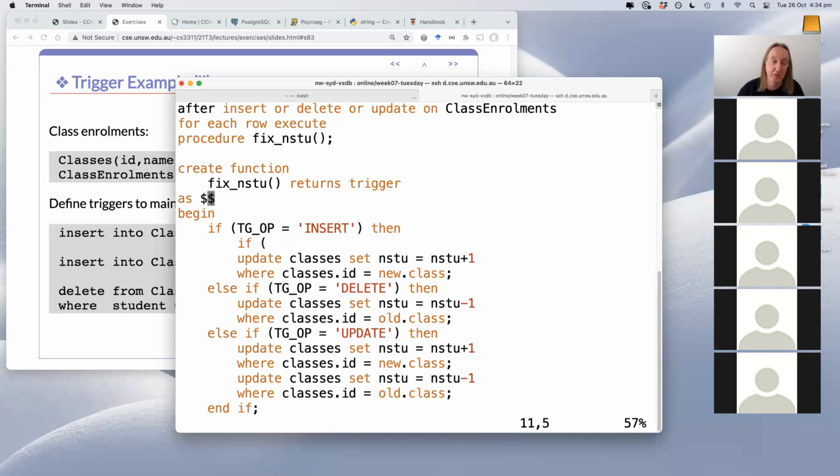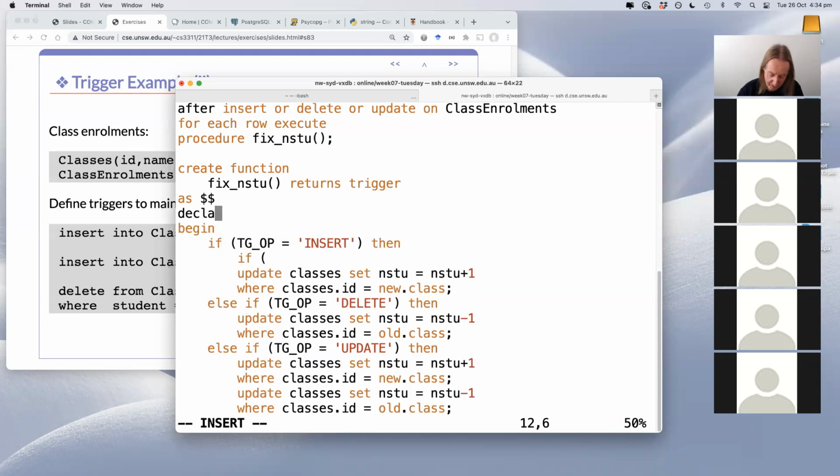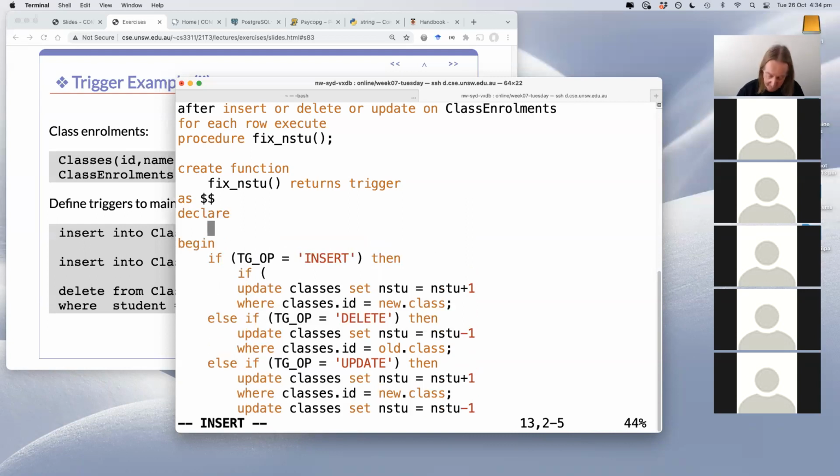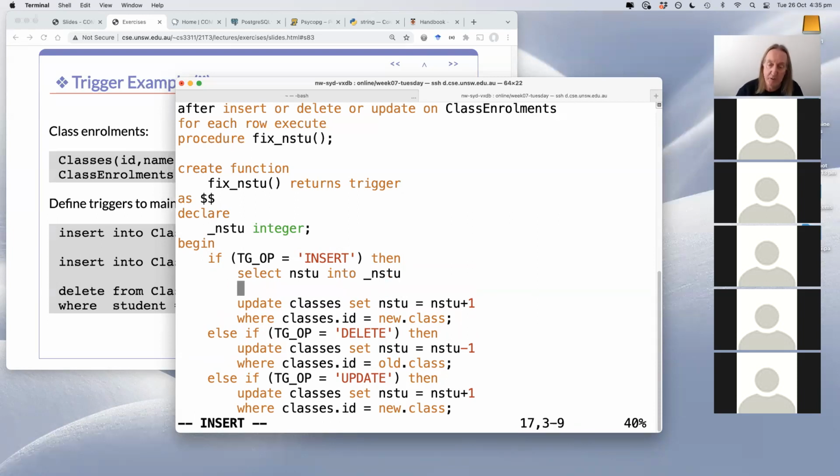And we need to have a local variable. All right. And we know we're going to get a result back here because we know that the class is valid. Otherwise, we wouldn't have got to this point. Select student from